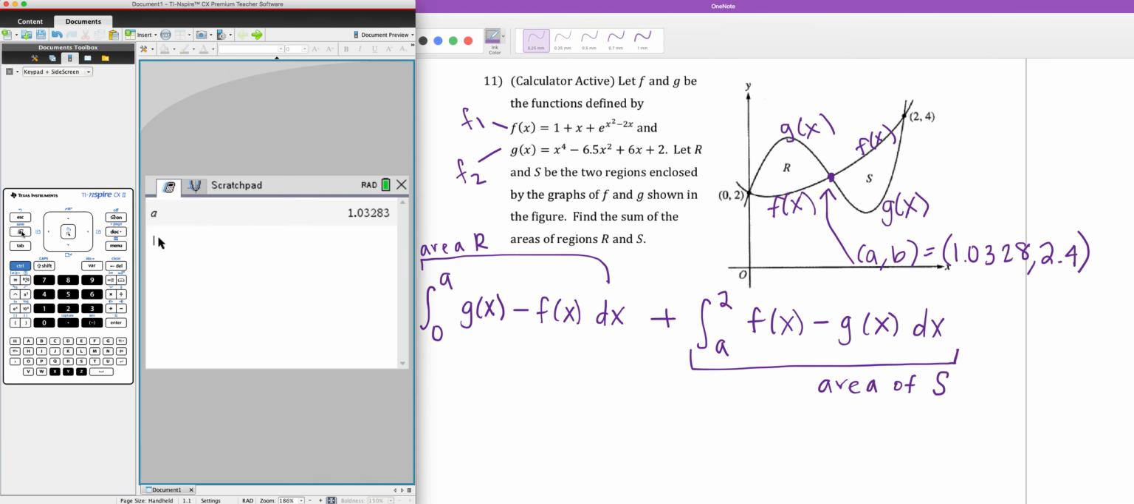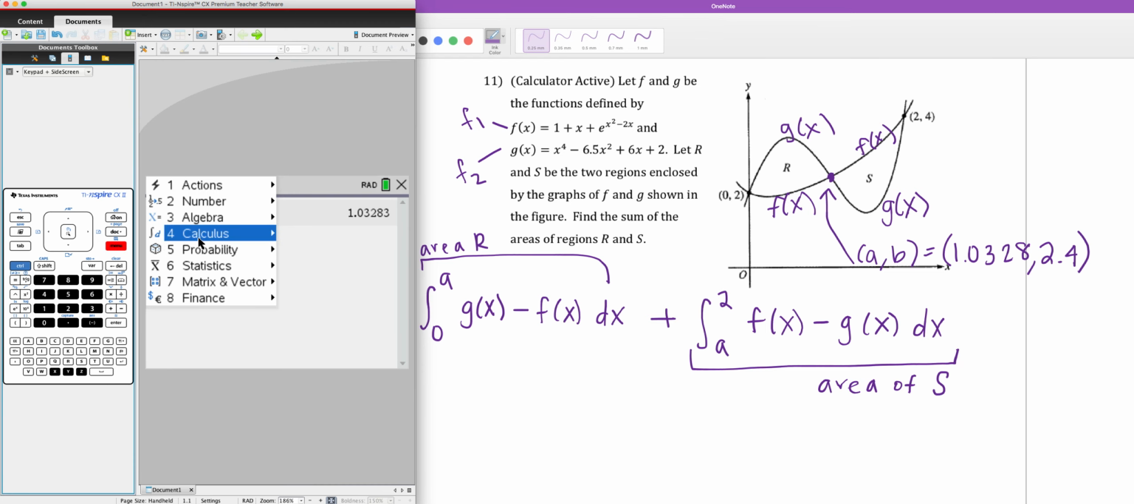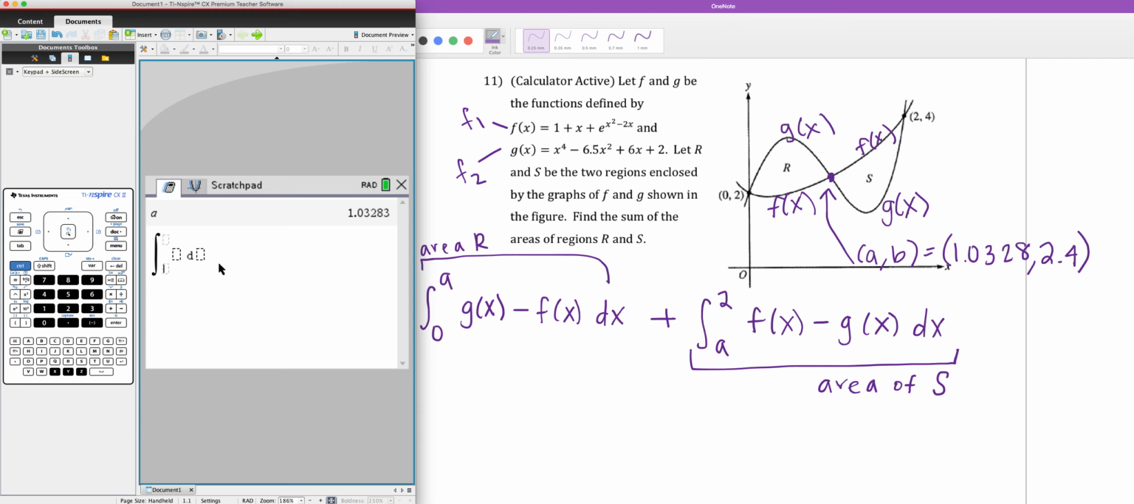So if I go back to a calculator screen, I need to pull up an integral. One way to do that: menu, calculus, numerical integral. I'm integrating from 0 to A. Because I stored my value for A, I can use A. Now to type out g of x and f of x, that's not what my calculator knows them by. My calculator knows that g of x is f2, so I'm going to type out f2, but make sure I put of x because I need an input, minus, and to type out f of x, it's going to be my f1 of x